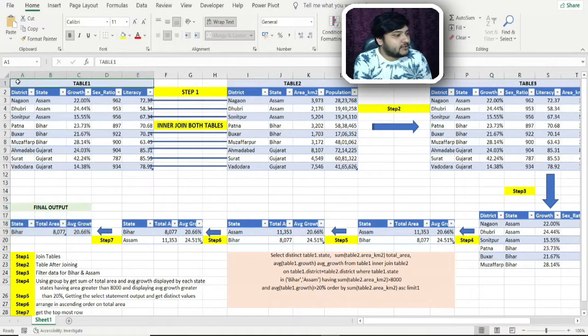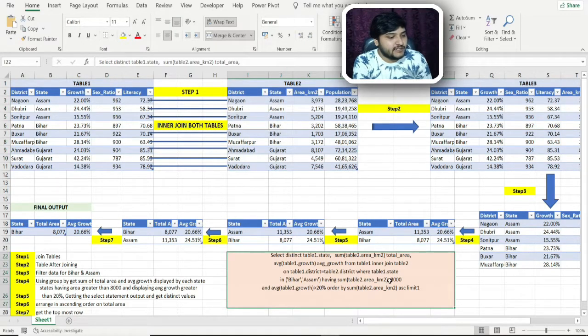This is table 1. Let's say I have two tables in my data set, this table 1 and this other table 2, and these are all the steps which happen internally. For the SQL query I have written here, all these steps would take place, and I have also mentioned what is happening in step 1, what is happening in step 2. I'll be attaching this sheet in the description box of this video so that you can download it and study from it.